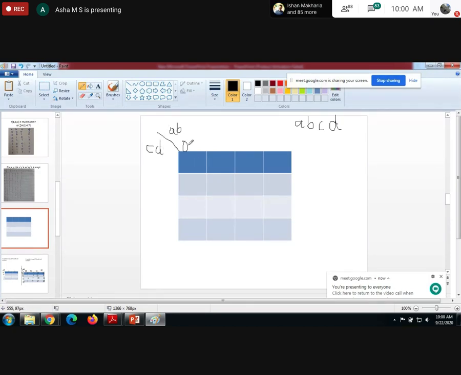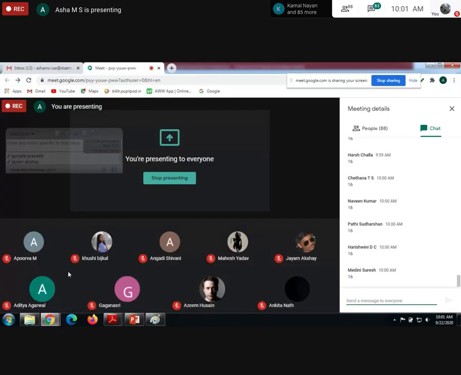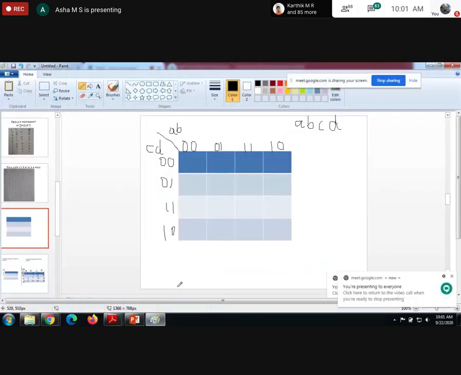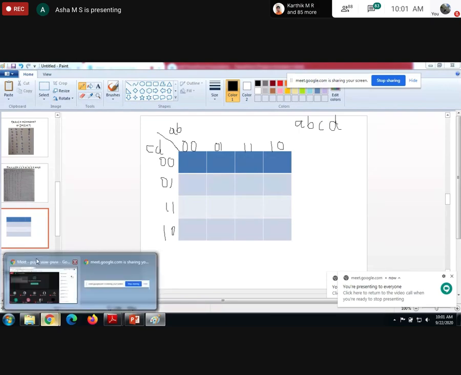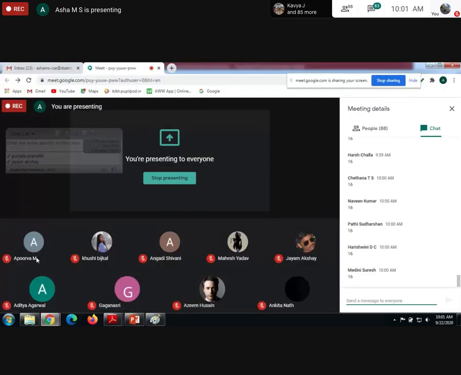Okay. Here 00, 01, 11, 10. Similarly, as I exchanged for 3 variables, here also we need to exchange. So for CD, the possible combinations are 00, 01, 11, 10. This much is clear, guys. Similar to 3 variables, I have written it for 4 variables. You need to reply fast.